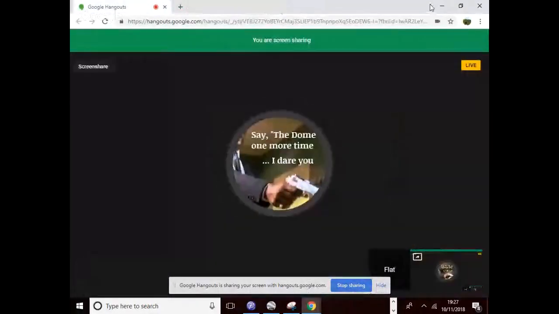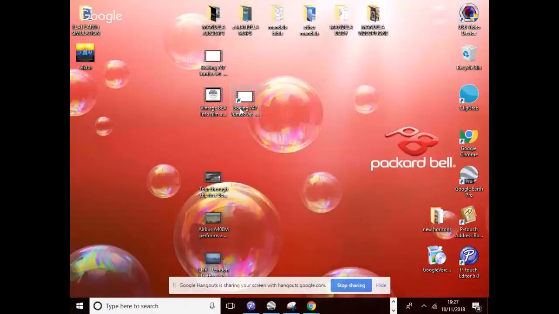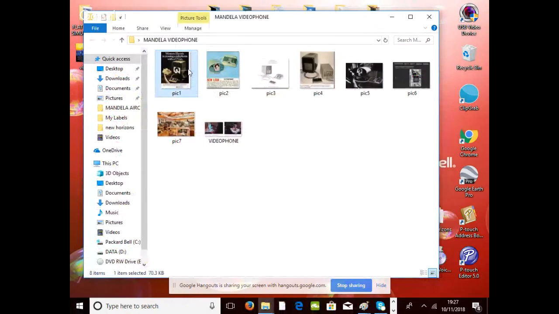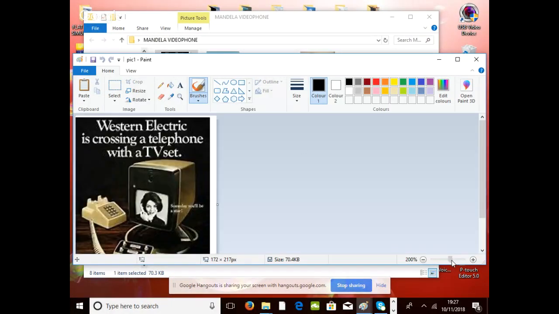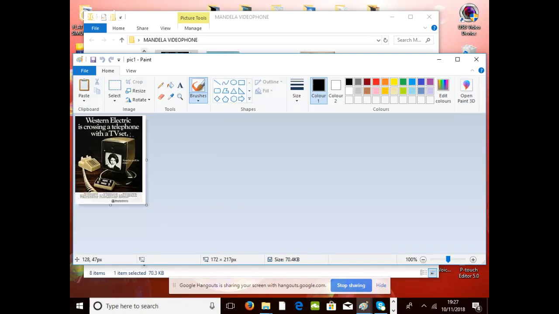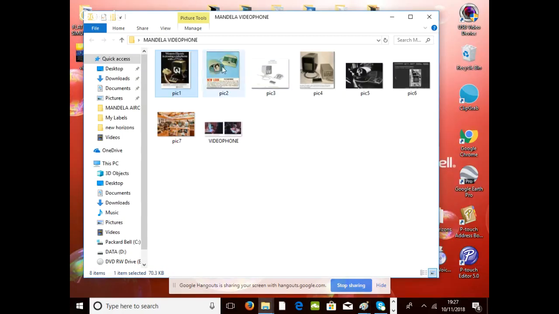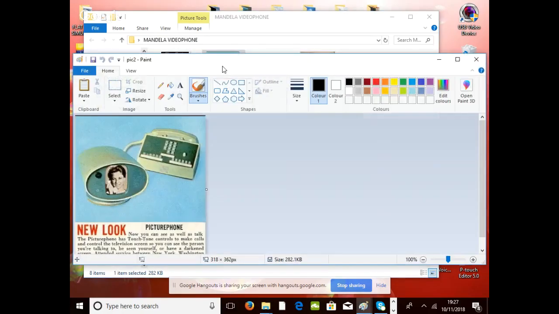Okay. So yeah, we've got the video phone. We've got all these, and there's videos you can watch on it as well. Western Electric is crossing a telephone with a TV set. I think that was from 1970. This one here is called the picture phone.